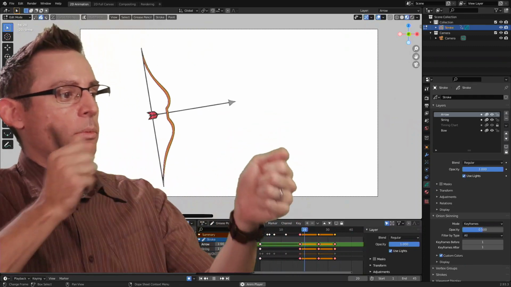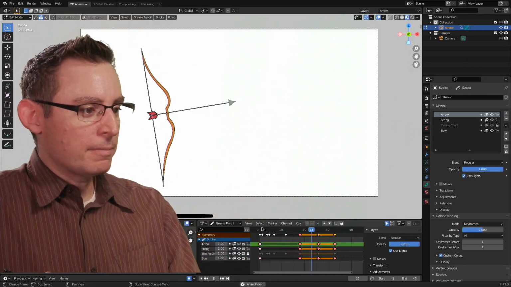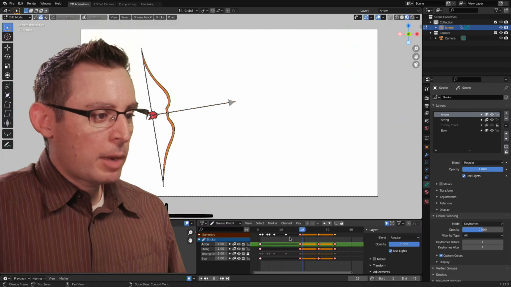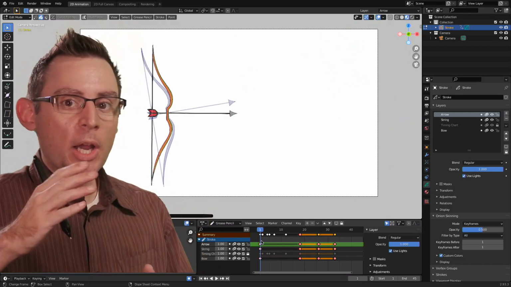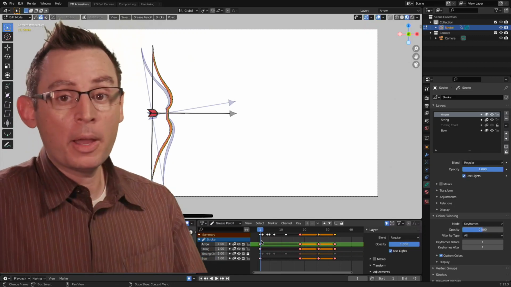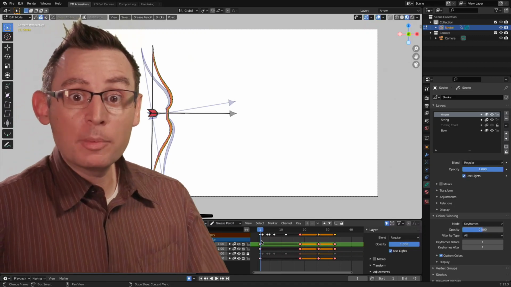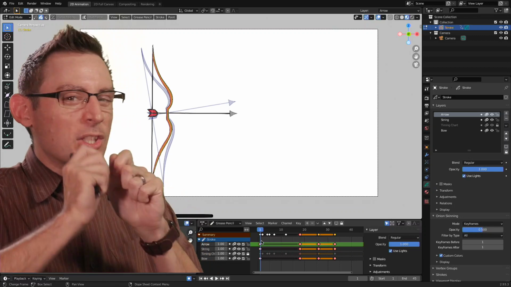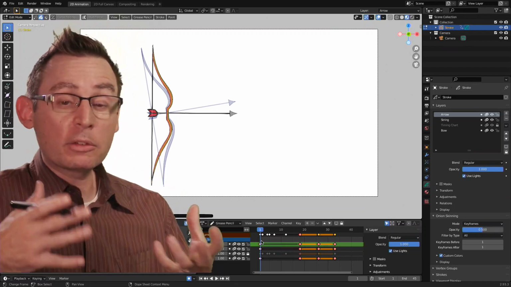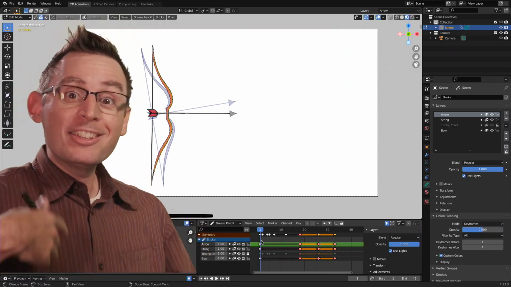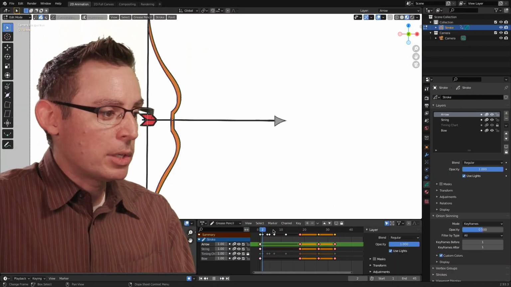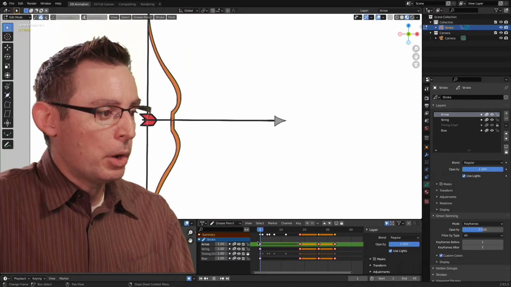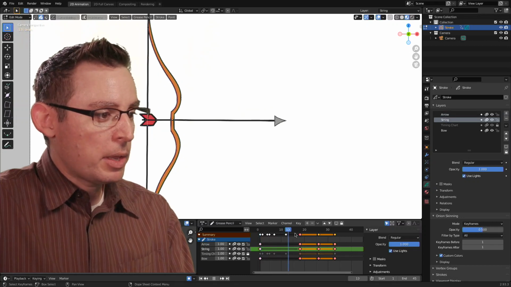Yep, I'm digging it. These keyframes are really working. We're working in passes. I'm not trying to create all of the details of my keyframes at first. I'm trying to go in and just layer in information. The basic framework of my keyframes is working, so now I can advance one level of detail further and start looking at how we can deform the bow itself, the string, because that's going to be an important part.